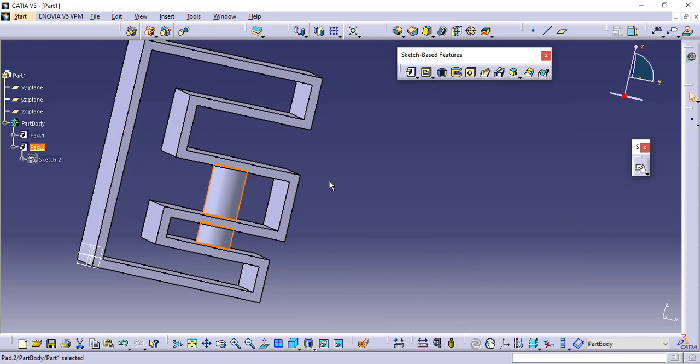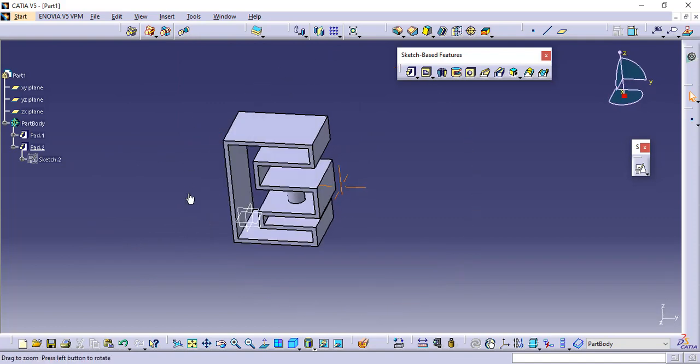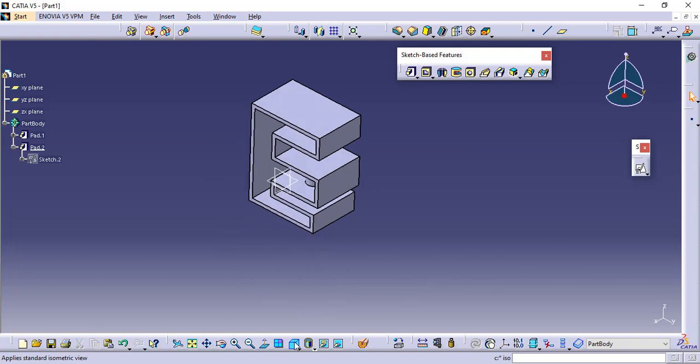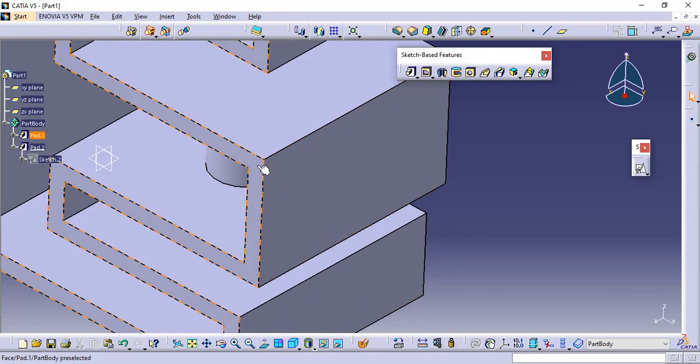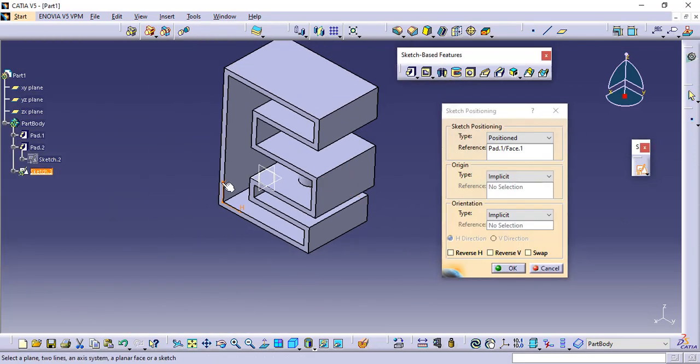I hope all these commands that I have just explained are clear to you. Now we will understand how to add material in a particular direction, not only normal to the sketch. So I will create one direction line. I will create the direction line in the front view. So I can create on this surface, this boundary surface. Select this surface. You can see the orange line, only the line is selected. So I cannot make a sketch on a particular line. So I need to select the whole surface like this. Selected, position sketch, and orientation is right.